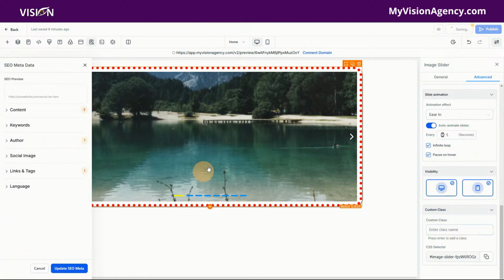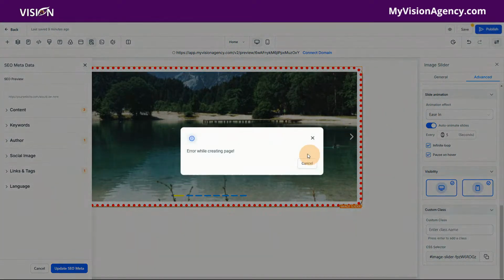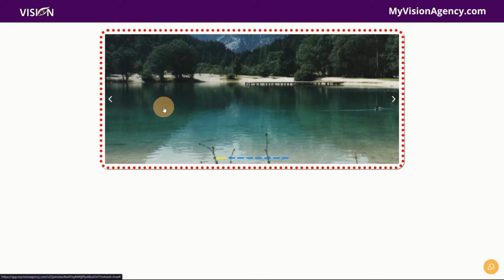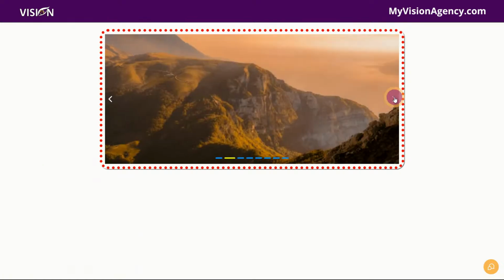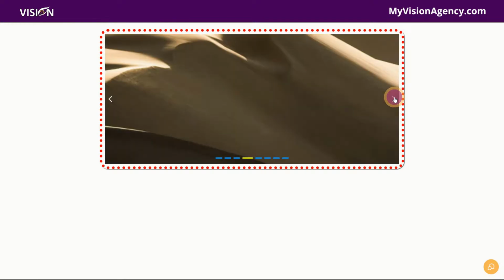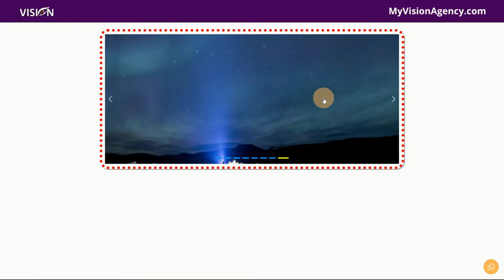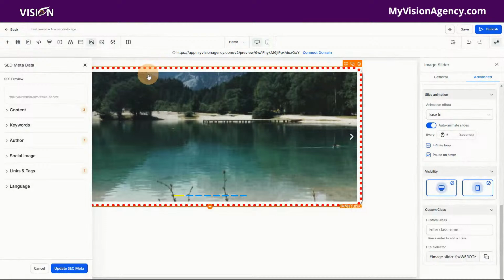So what can you actually use this image slider for? Okay. So let's save again. Let's look at the live view so you can actually see what this looks like and what is even the purpose, okay? So you see we have the arrows here and it helps us to slide through different images. Now, these are just images and that's great if you have like a portfolio or something that you just want to show the images of. But what if you have, like, I love to share videos, right? So what if you have a video